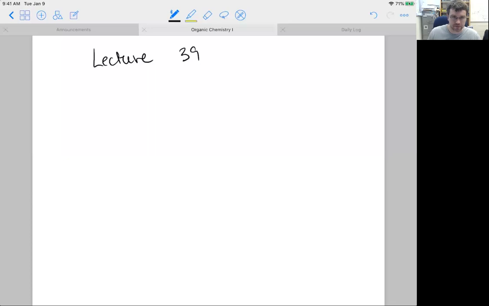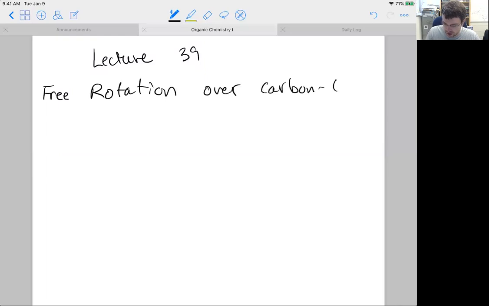So what I want to start with is this idea called free rotation over carbon-carbon bonds. Okay, so it turns out that sigma bonds are able to do free rotation or are able to